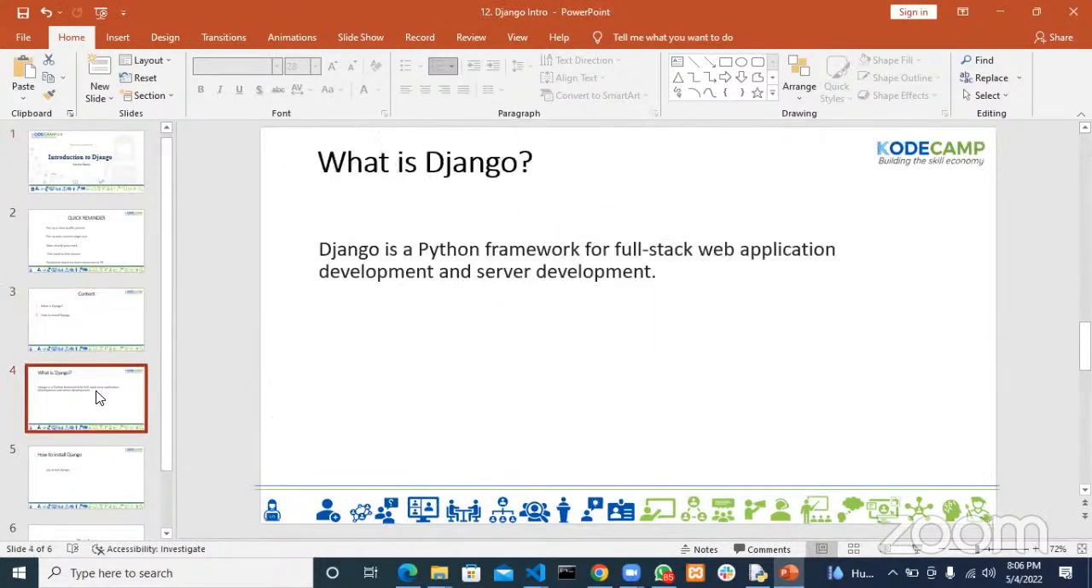So Django is a Python web framework. It's a framework for developing web applications. That means we use it to build web applications. So let's